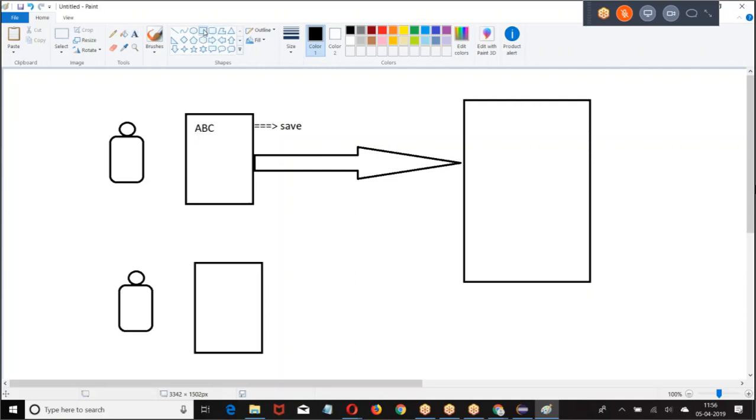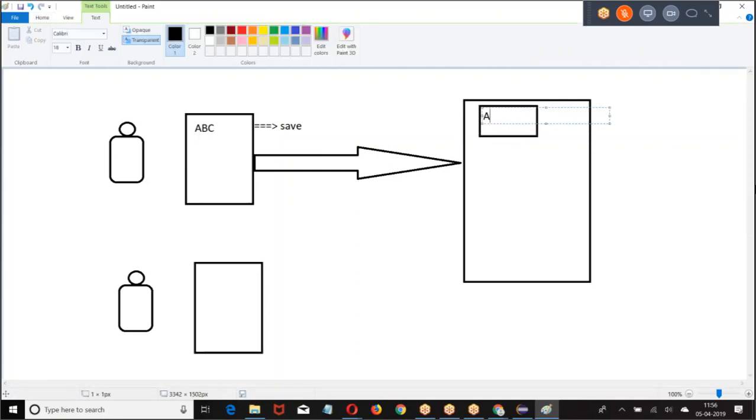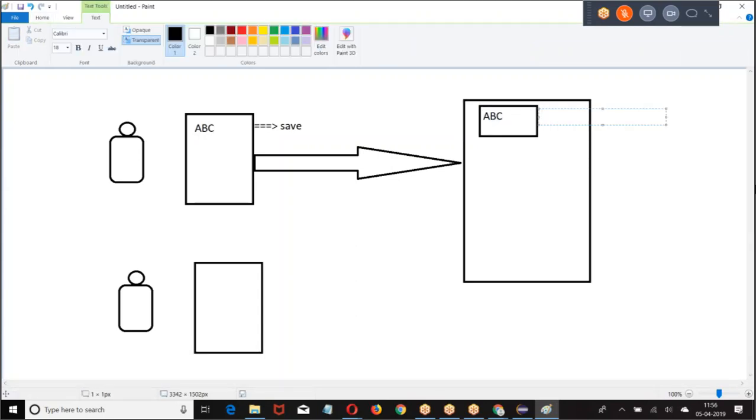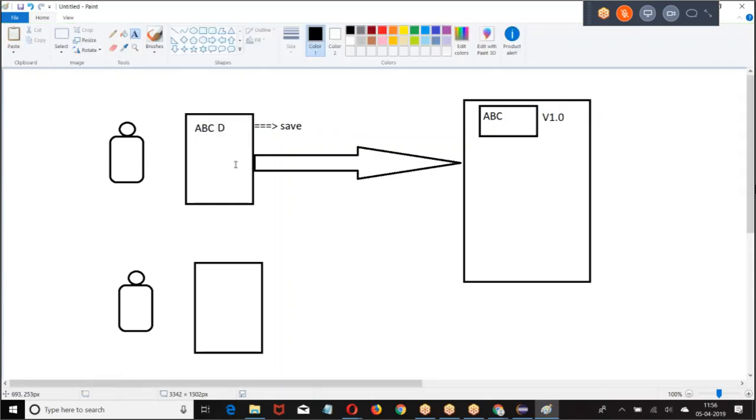In the production, he saved the copy as version 1.0. Then again, he made some other changes. Now it is working fine. He uploaded. What did he upload? The same code, the modifications he made, he uploaded to the server. Now what was this? ABCD.